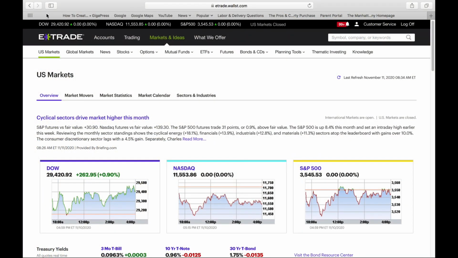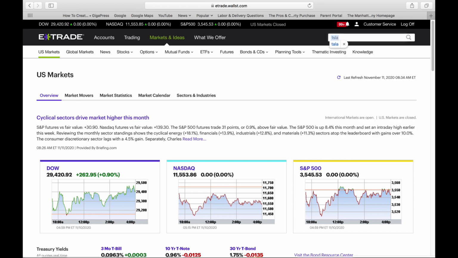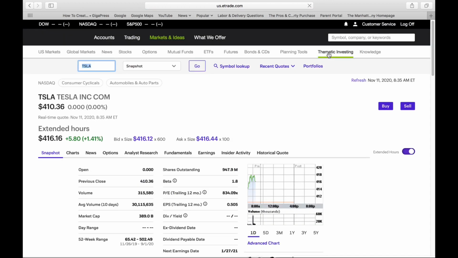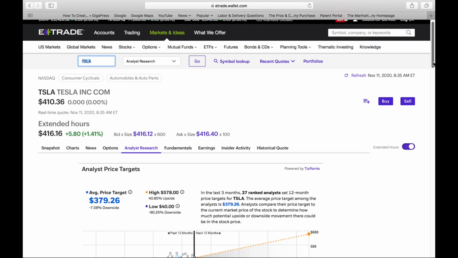Do a quick video to let you know that E-Trade has access to analyst reports. So say for instance you wanted to find out about Tesla in an analyst report. You'd go to Analyst Research and then you would scroll all the way down